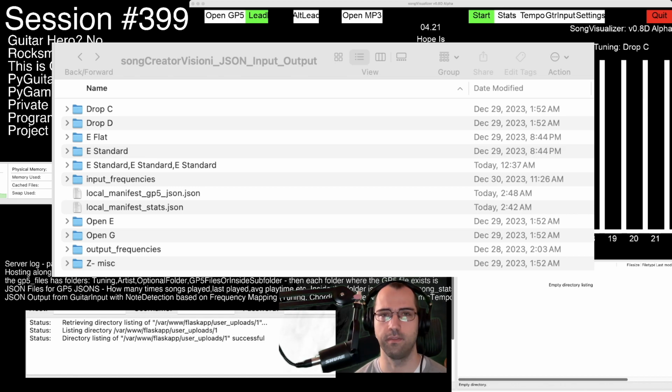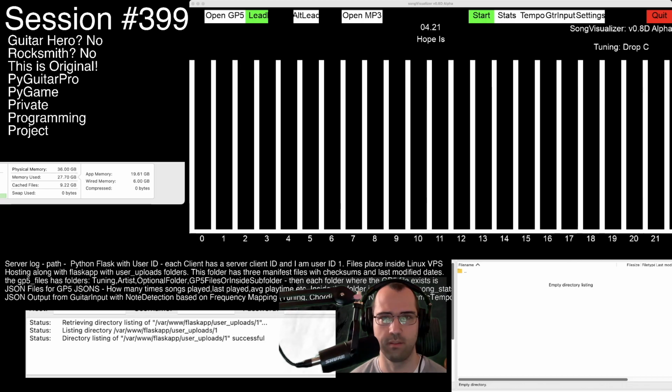And the file structure, the folder formatting, I just made a giant README the other day, but all of this just requires context. So on the screen here, you see different tuning folders, and then input frequencies, output frequencies, manifest, and if you go to the open GP5 file on the program here,